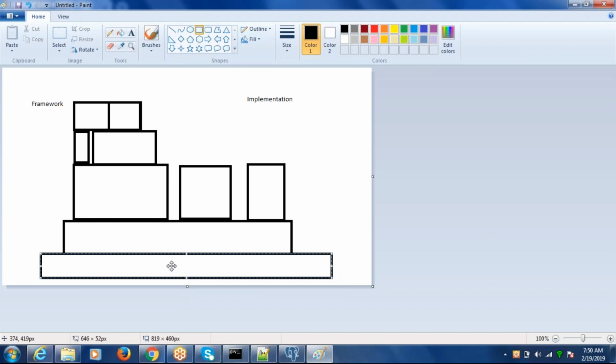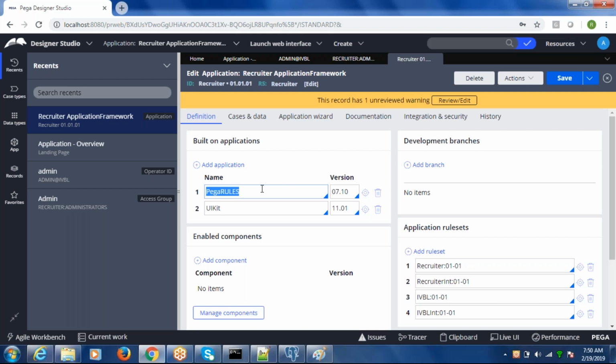All right, because Pega provides a lot of components, and in order to consume them, you need to have this Pega rules. Otherwise, you can't create the application. So Pega rules should always be there. That is the reason this cannot be blank. This should have the application name Pega rules.